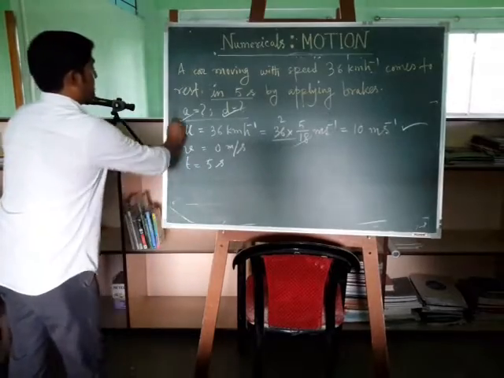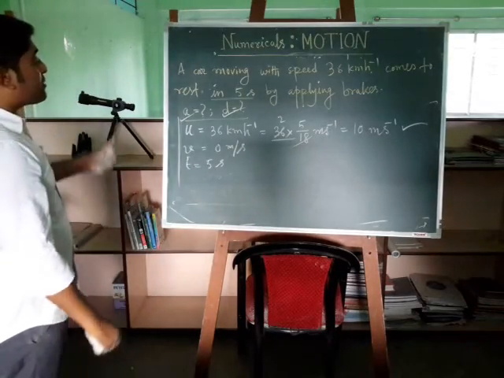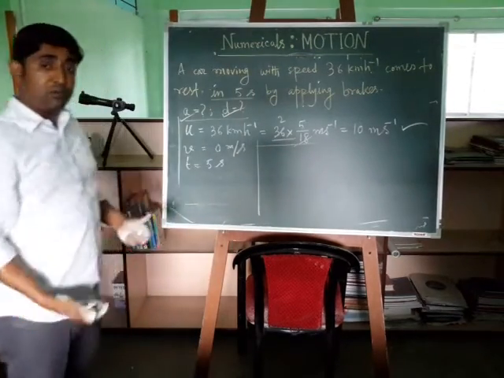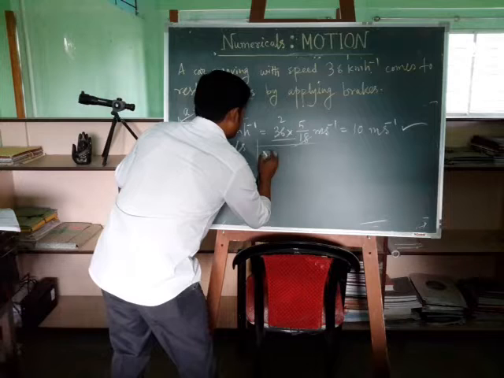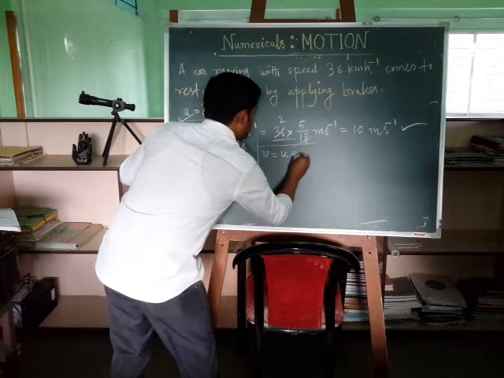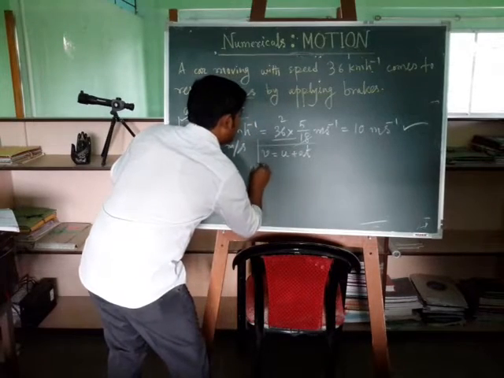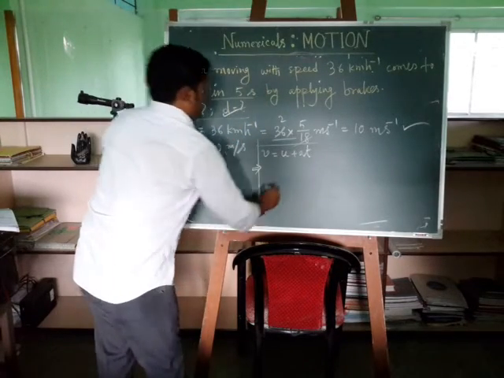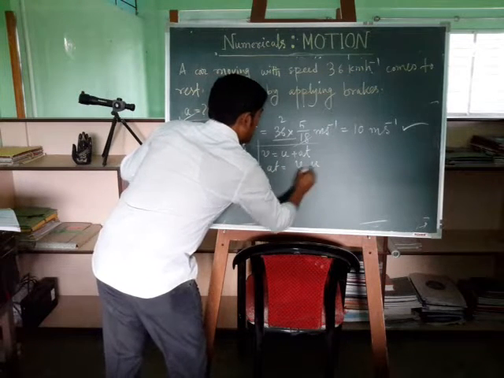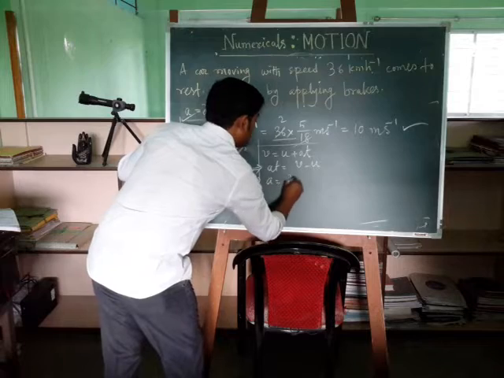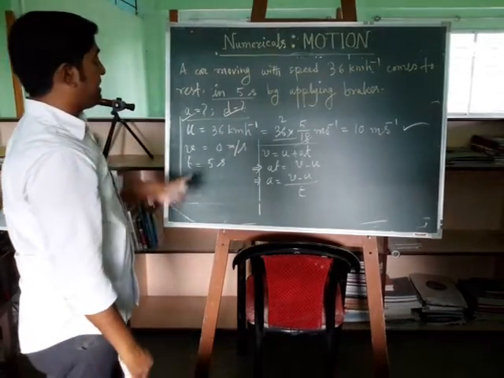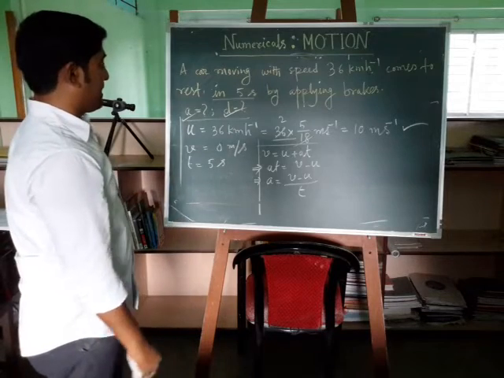These are the questions asked. See, by definition of acceleration, or you can also say using the first equation of motion, we know v equals u plus at. So at equals v minus u, or a equals v minus u by t, but that is besides the definition of acceleration, the time rate of change of velocity.